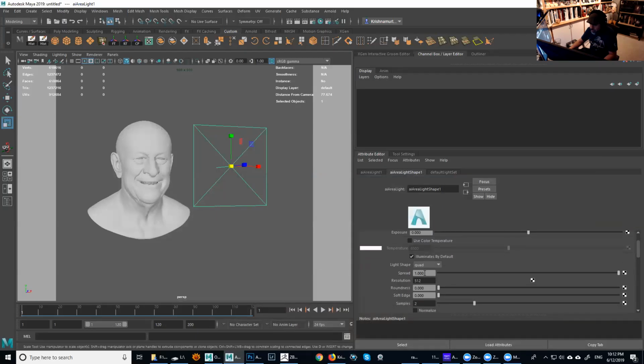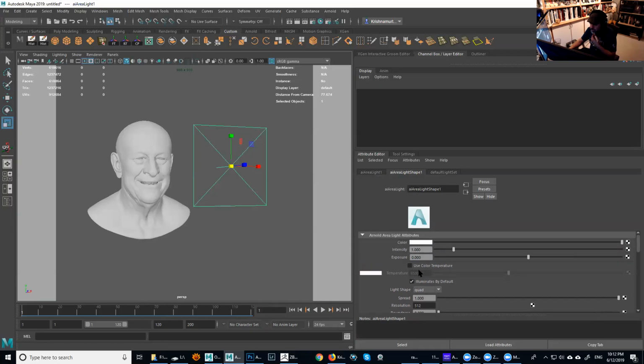This one you can actually control how much you're spreading the light, or making it more directional. It's almost like simulating having a grid in front of your softbox. So you can control the spread here. And then the temperature is very cool, because by default it uses a temperature of 6,500 Kelvin.